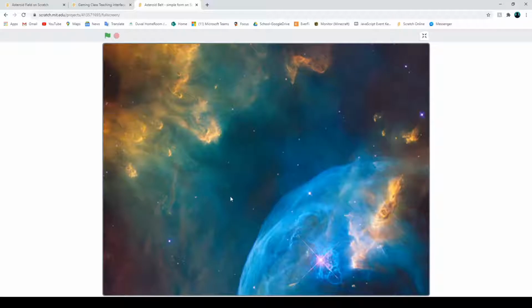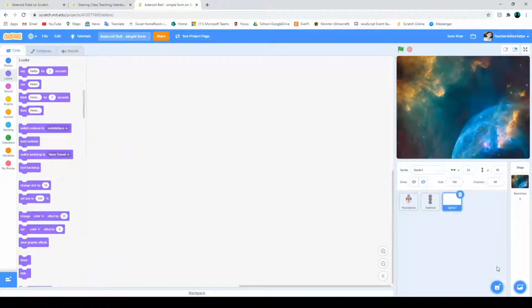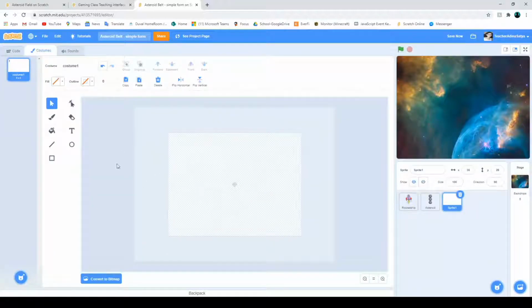We are still missing something. We would like a message, a printed message, a text to appear on the screen saying game over. You know, the big red text message that says game over. So that's what we are going to do next. I'm going to create a new sprite for that. So we choose again the paintbrush, and it's going to be just a text one. We insert the text